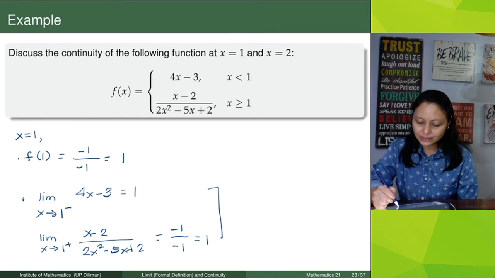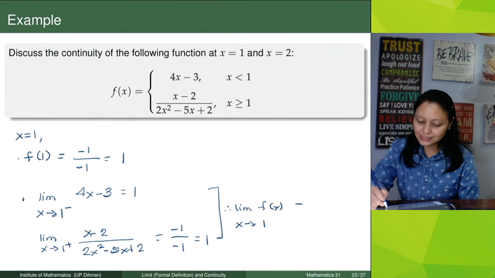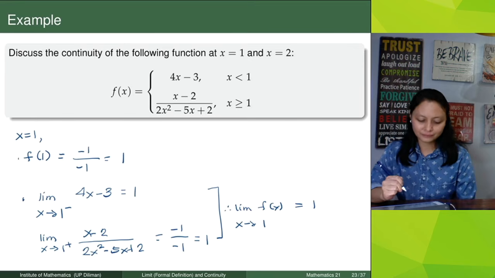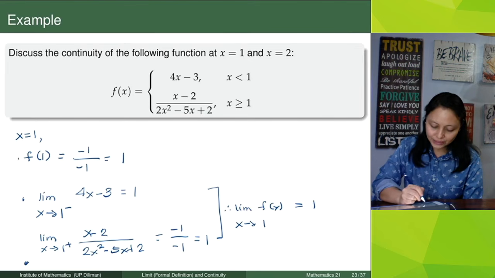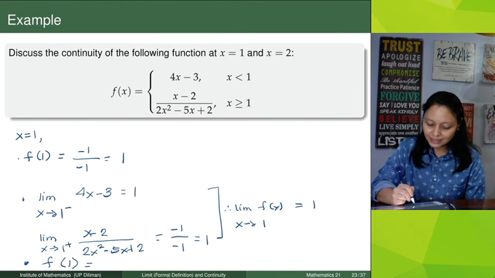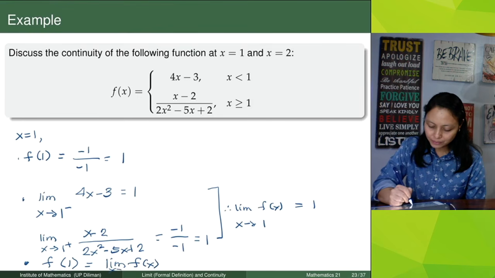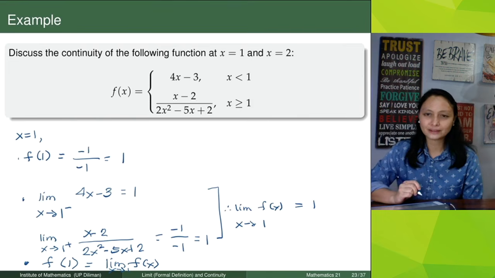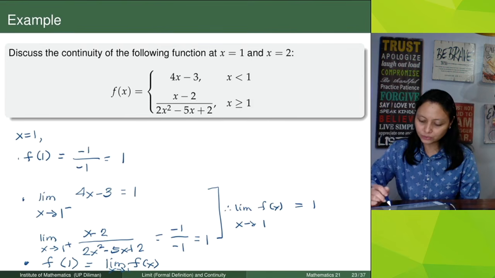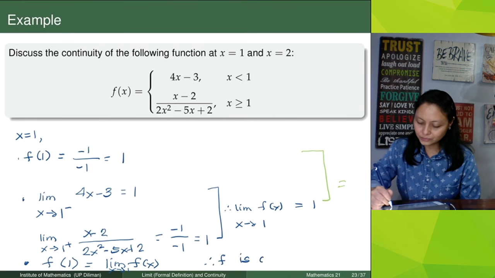Now, since they are equal, we say that the limit of f of x as x approaches 1 is equal to 1. Okay, now for the third condition, yung f of 1 ay equal sa limit ng f of x as x approaches 1. Okay? They are both equal to 1. Conclusion natin, therefore, f is continuous